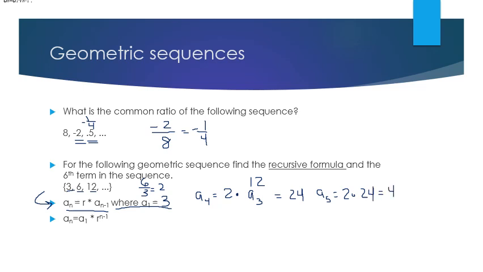And you'd have to do it one more time to get to that 6th term in the sequence using the recursive formula. Remember the 2 parts. There's the formula itself with the rate and the first term, and the second part where it says where A1 is 3. Now, let's say that this was asking you for the 60th term instead of the 6th term,